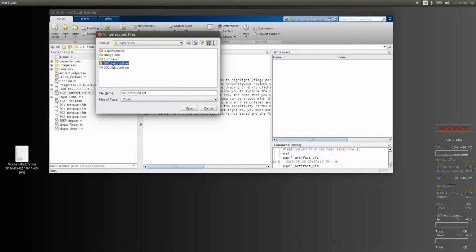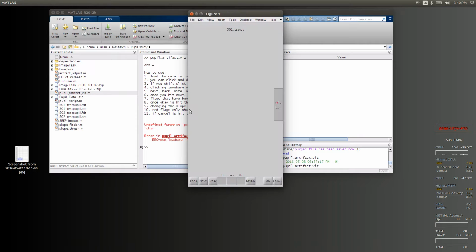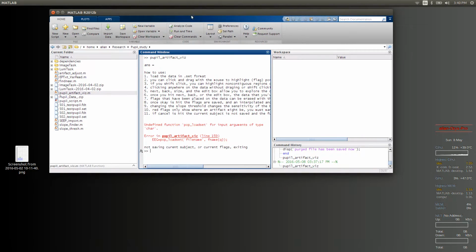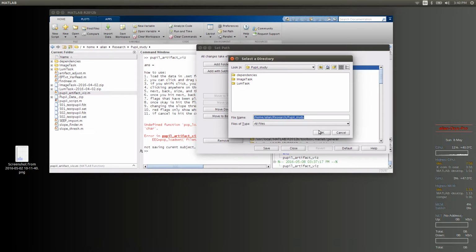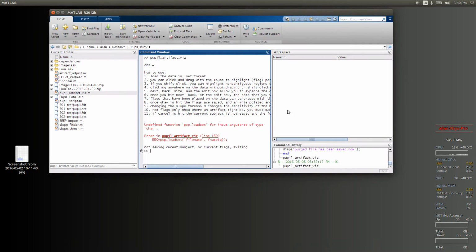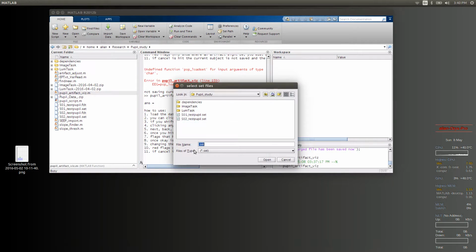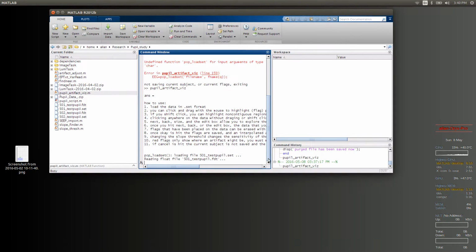So if you grab one of your set files, and you want to start doing some artifact flagging, you can just open them up, and you have to have EEGLAB on your path, so I didn't do that, that's why I got that error. Okay, so let's see, there we go, pupil artifact, load a couple of files,